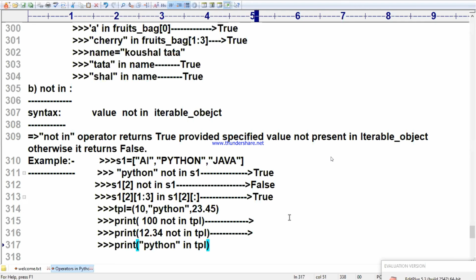Write the answer. 100 not in TPL, yes, true. It is true. Next, 12.34 also true. Python not in, you write. Not in, I want you to write it. So you asked only the example of not in. It is definitely false.